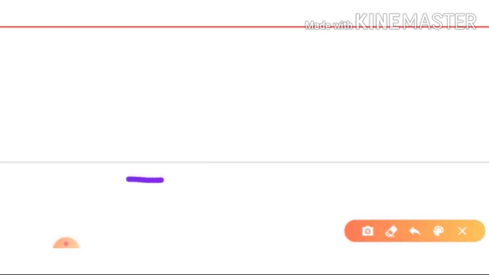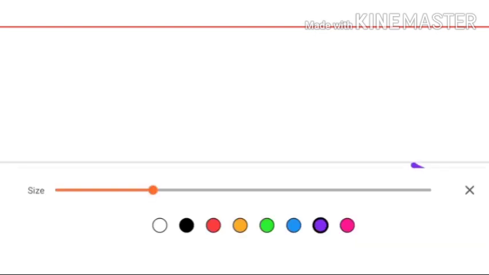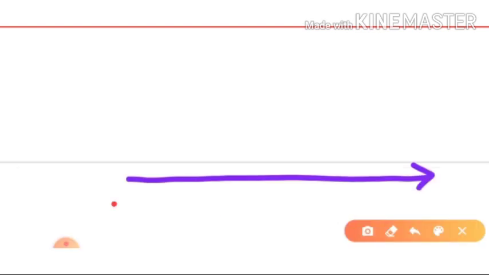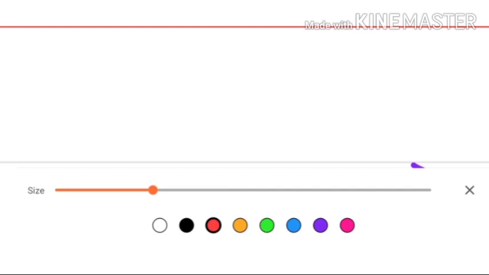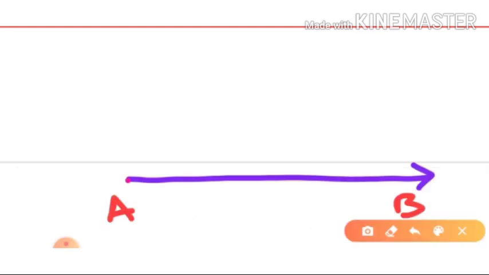So this is the line AB, and taking A as center, we have to draw an arc with any radius like this.